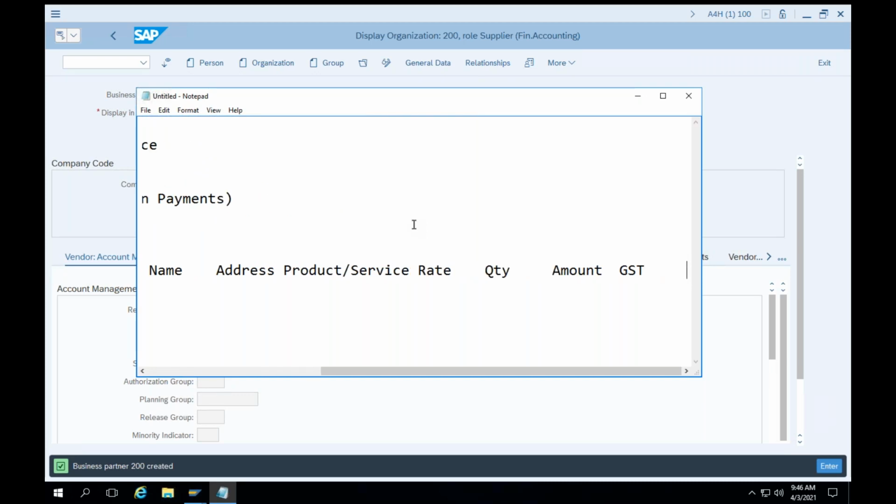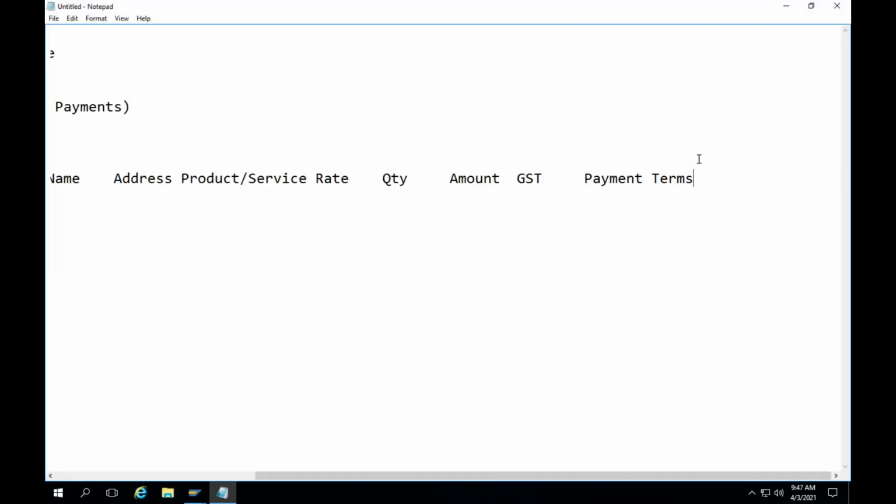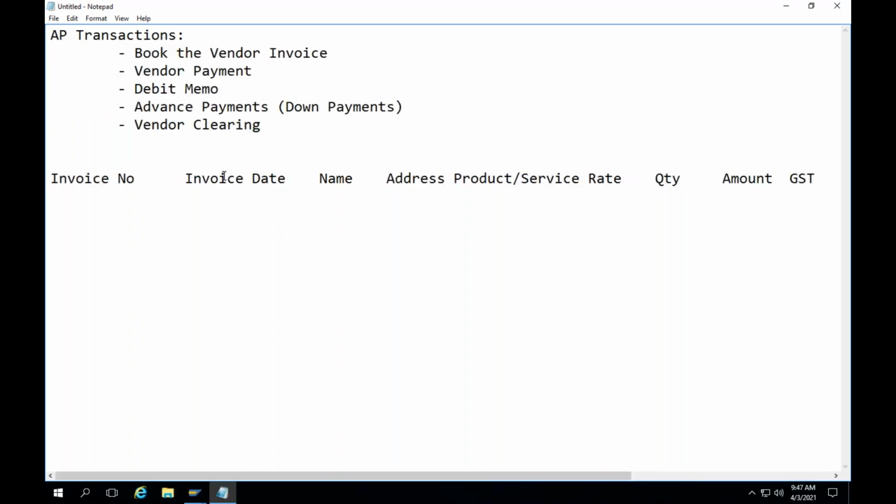What else? Due date, payment terms. Payment terms means when are you going to make the payment. Payment method normally doesn't come in the invoice, because payment method depends upon the person who is paying. Payment terms we already covered. So these are some of the information which we normally get in the